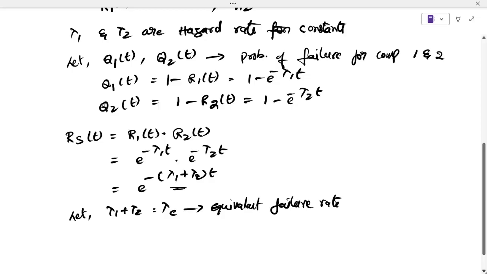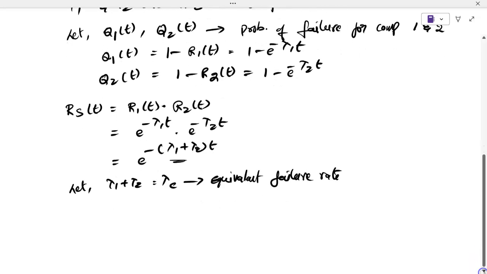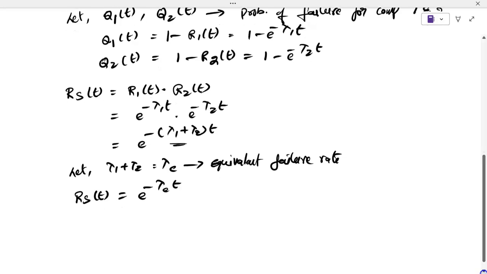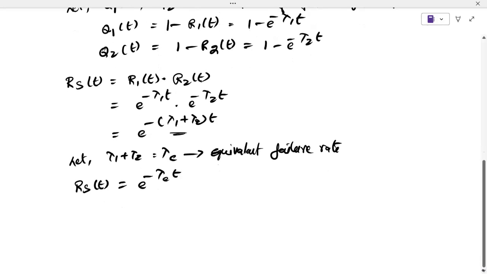So now I am writing the above equation, our total system reliability Rs of t, where s stands for system, Rs of t is equal to e power minus lambda e t, where lambda e is the equivalent failure rate. Now the main important reliability measure,